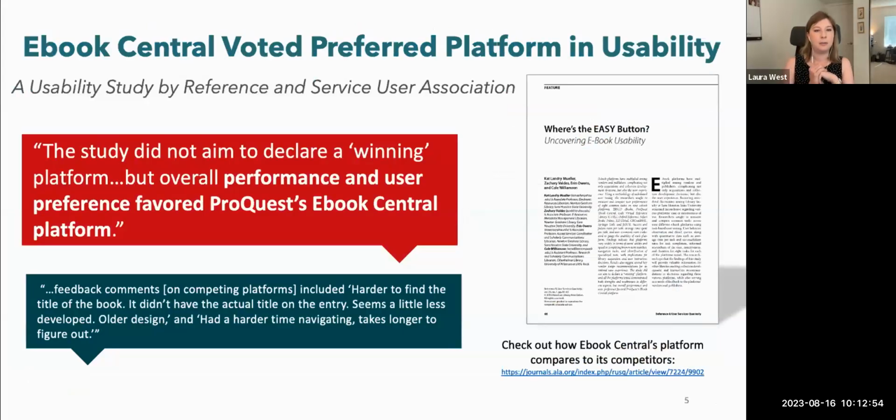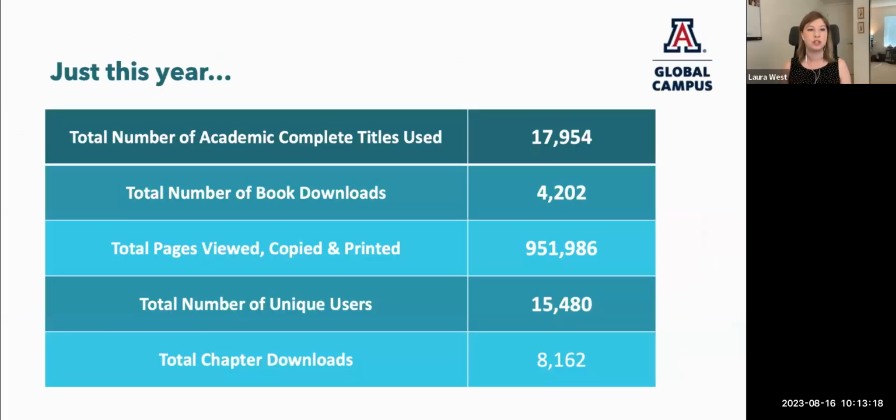We are the preferred platform in usability by a number of different libraries, and it sounds like University of Arizona Global Campus prefers to access Ebook Central when possible. And I've added a couple of additional slides to show the types of titles that are used at your library specifically. So just this year, patrons who have accessed the University of Arizona Global Campus Ebook Central site have accessed